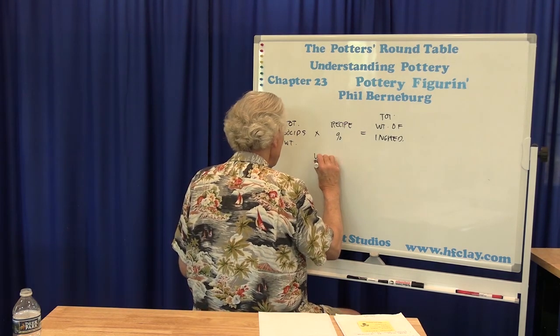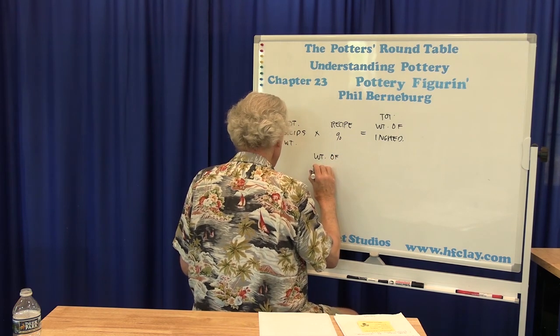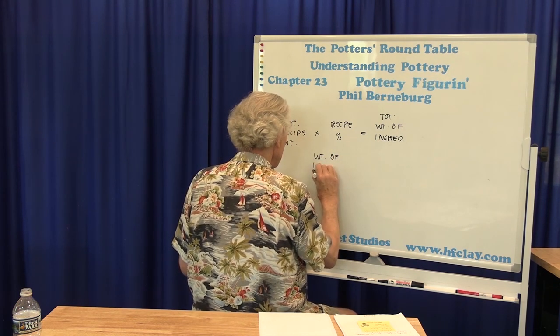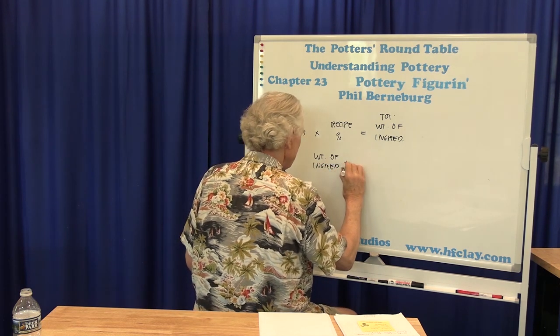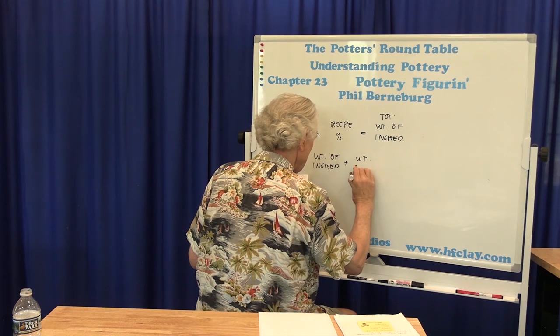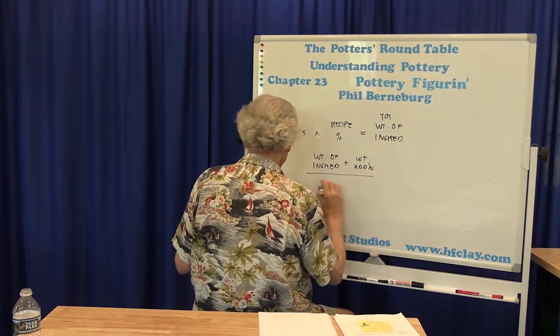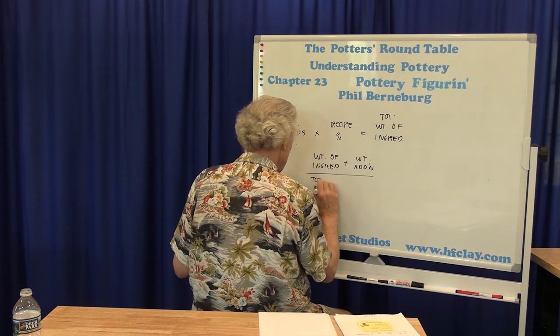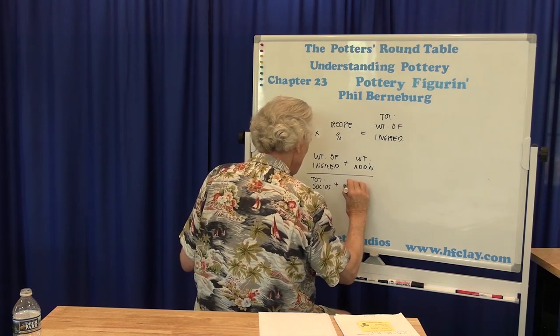So this would be the weight of the existing ingredient, plus the weight of the addition, divided by the total solids weight, plus the weight of the addition,